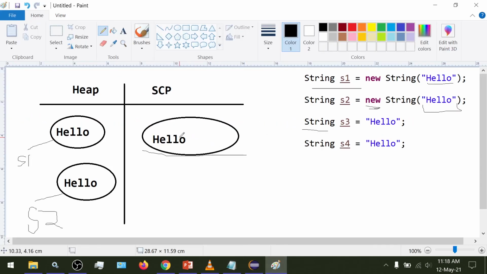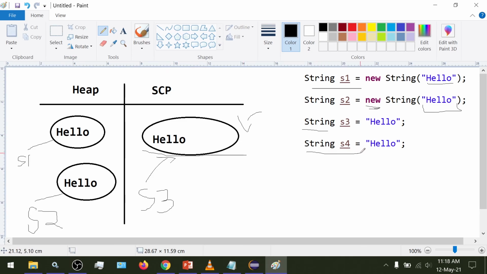The JVM would come to create an object inside the SCP for the string hello, but it finds that the string hello already exists. So the existing hello object is reused, and we get a reference pointing to it. Now s3 points to the hello object stored inside the SCP. So in total we still have three objects.